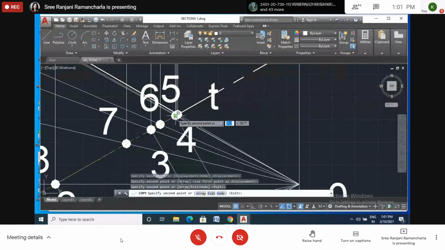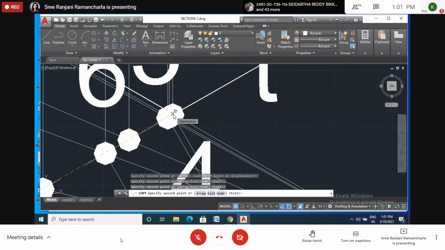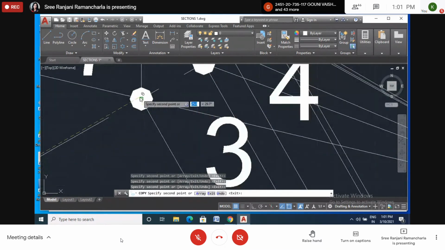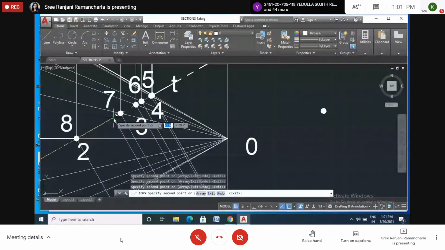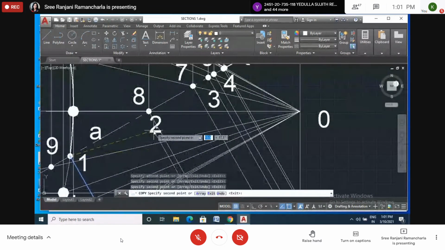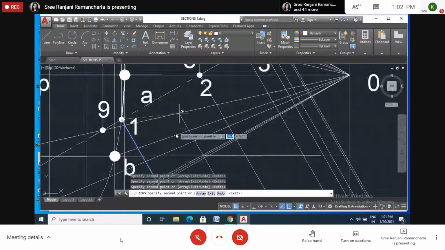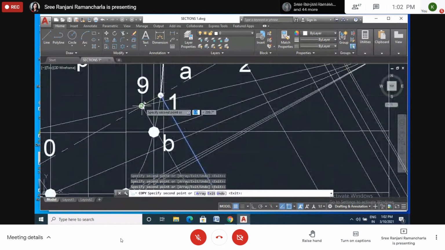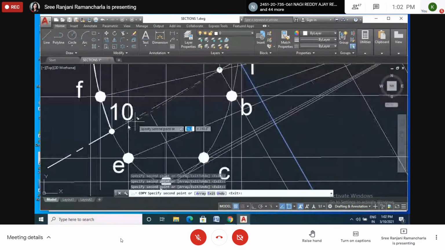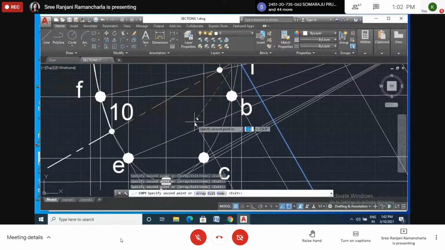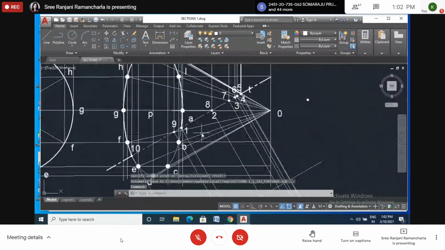This one is point 4. And this one is point 5. This one is point 6. This one is point 7. This one is point 8. Both are coinciding. Okay, no problem. If you draw again also no problem. This one is point 9. And this one is point 10. Okay. We have drawn all the points.